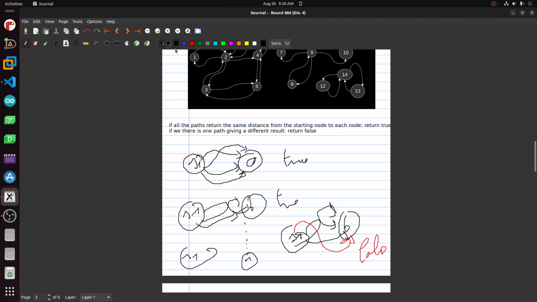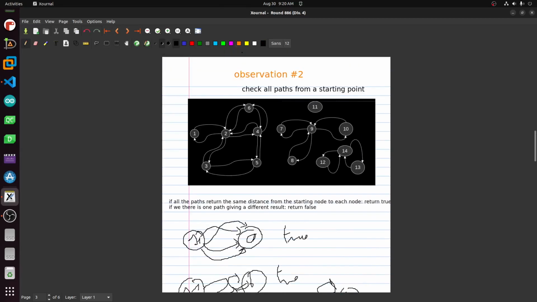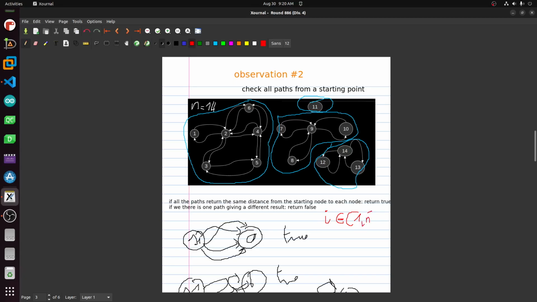From here we have to check from the same starting point. For example, this graph contains 14 nodes, but the graph is not connected. As you see, we have this subgraph and this one, and this subgraph and this one. So we have to check from all the nodes, where i goes from 1 to n, or 0 to n minus 1,